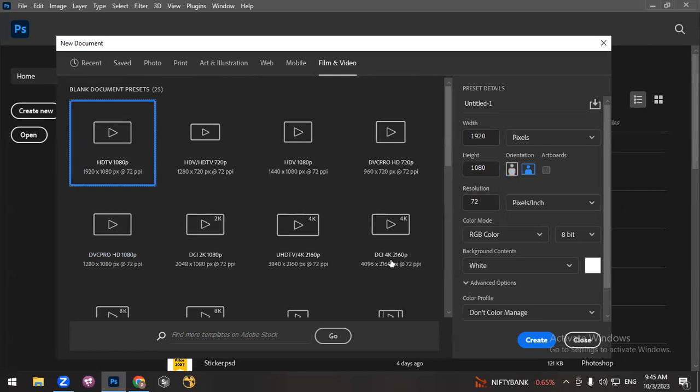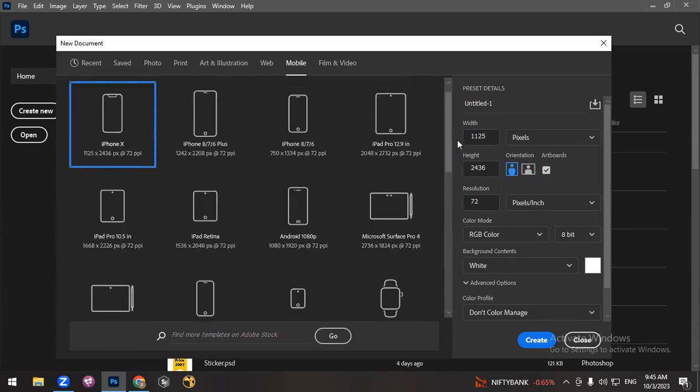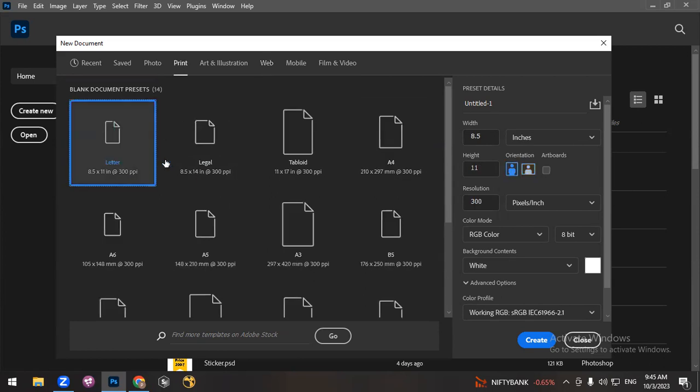This is your preset list. This preset list is categorized into different things. You need to choose depending on your preset. Based on category, you can search it. Like if you are working for mobile phone, then click on mobile phone, then check the sizes of your mobile phone, what you want. If you're working for web, then click on websites. Web means when you're working on websites, then click on web, then you're going to get some of the basic sizes of the websites. And if you are working with print media, then go to print, then look for the different